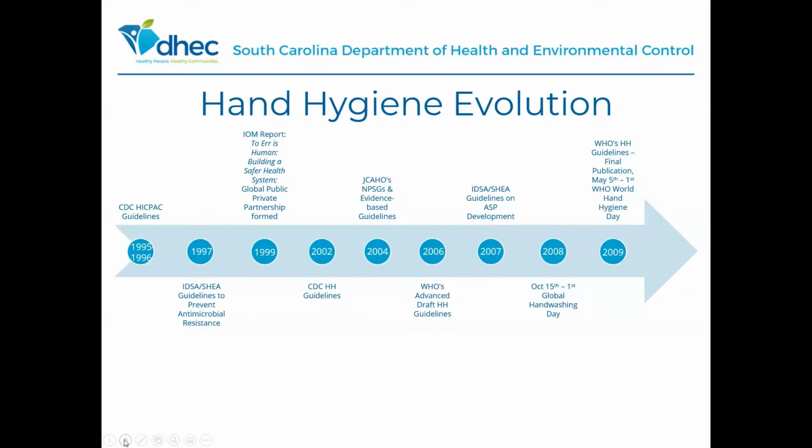WHO published their final guidance for hand hygiene in 2009, so it took them 3 years to go from the advanced draft to the finalized guidance. That same year, the WHO declared May 5th World Hand Hygiene Day